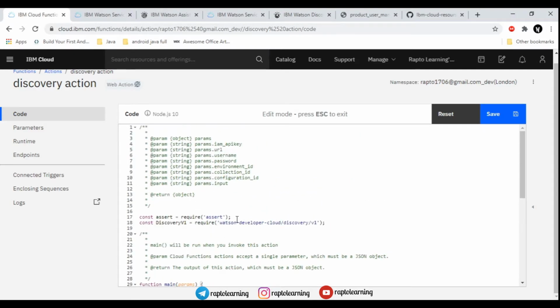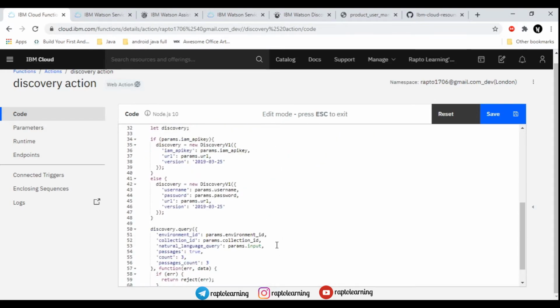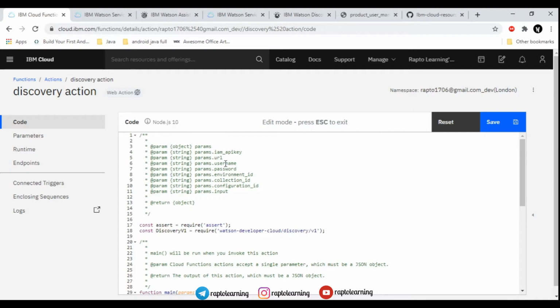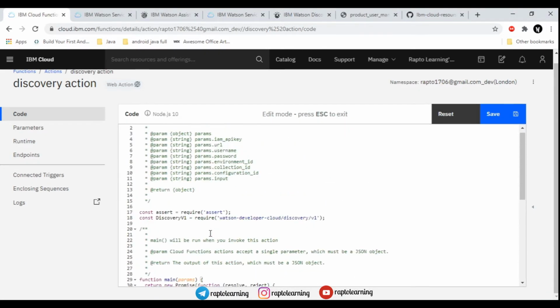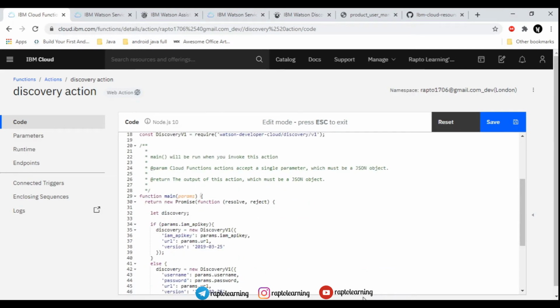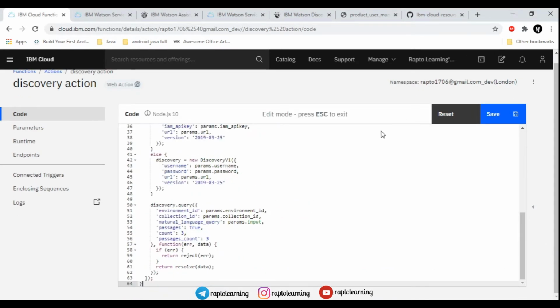So this is basically guiding the program to enter into Watson Discovery, right? So this is basically that program only. For the discovery URL, you are going to see username and all that related to discovery URL, that is password, environment ID, collection ID, and all those things. Just clear all the stuff that is previously available on this tab and paste the text that I have mentioned in my GitHub link. Follow us on GitHub also. The program is a little bit easy. You can easily understand if you are a programmer. Otherwise you don't need to understand it. You have to just implement it as I have implemented it.